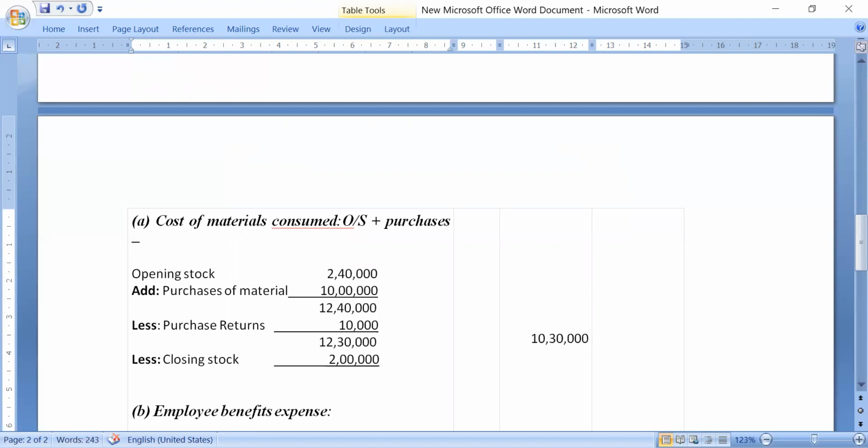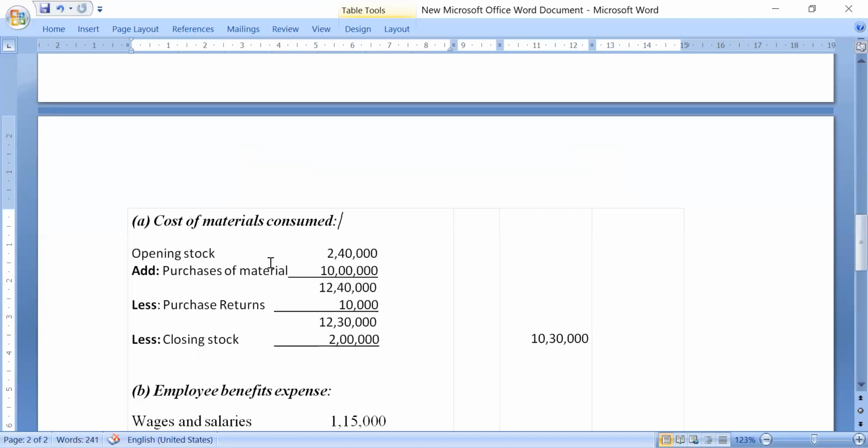Simple, try to understand. I had 6 chocolates. My opening stock was 6 chocolates. I purchased 4 more chocolates. So I have 10 chocolates, and at present I have 2 chocolates remaining with me. That means how many chocolates have I eaten? 8 chocolates. That means how much consumed? 8 chocolates. So that thing you have to remember.